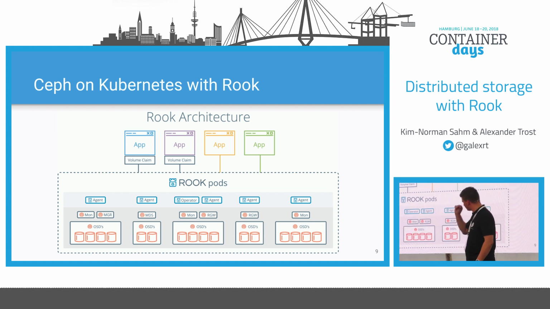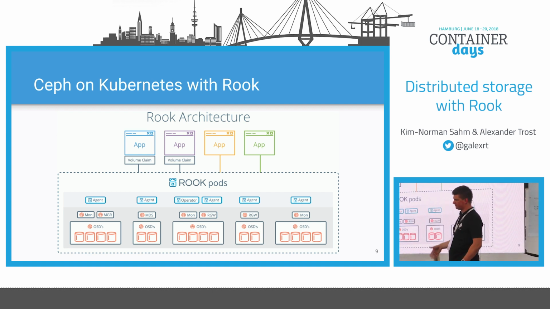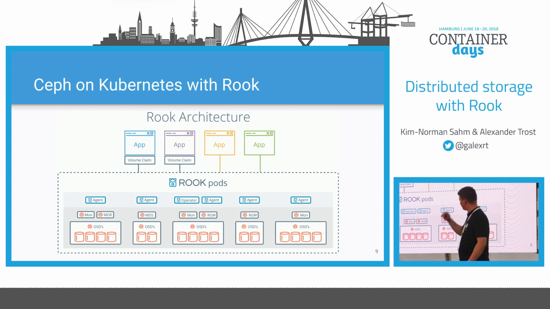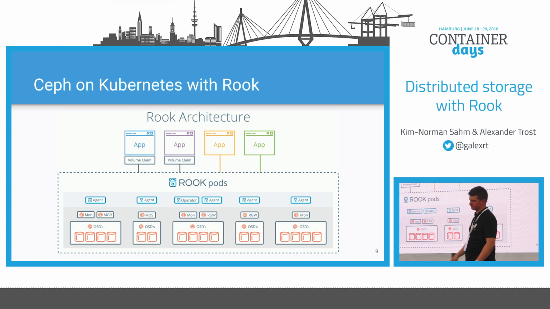The next layer shows the Rook architecture, or the Rook deployment. On each node, we have the Rook agent, which is used for configuring stuff on the node, formatting, mounting, volume mapping on the nodes, and we have the Rook operator. The Rook operator is the cluster brain of our Rook deployment. The Rook operator runs each configured task through our storage backend, creating some stuff in Ceph, and in